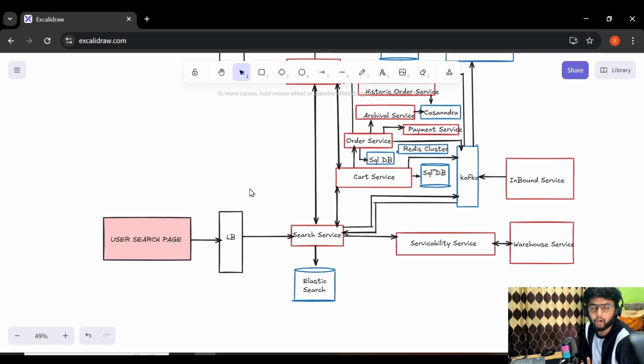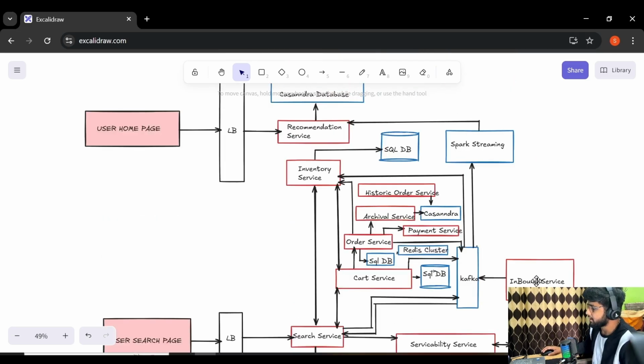We also need auto completion functionality. Let's say someone wants to buy milk, so after typing MI, system should automatically suggest milk to user. So we need these 2-3 functionalities in our system: fuzzy searching and auto completion functionality. So Elasticsearch cluster provides us this, which is a NoSQL database. So for search service, we will be using this Elasticsearch cluster.